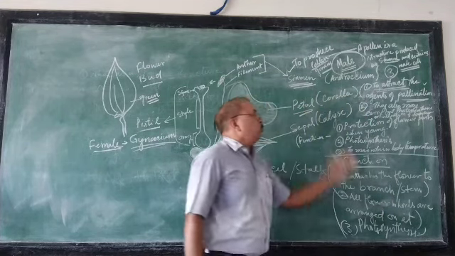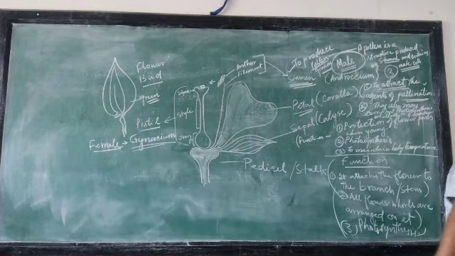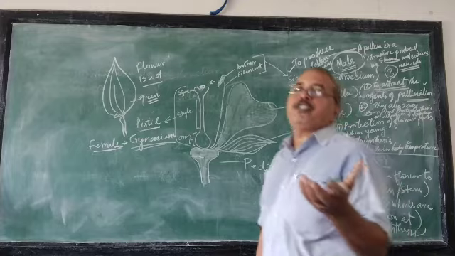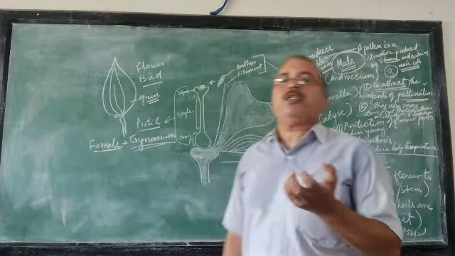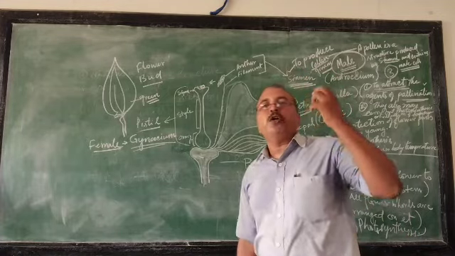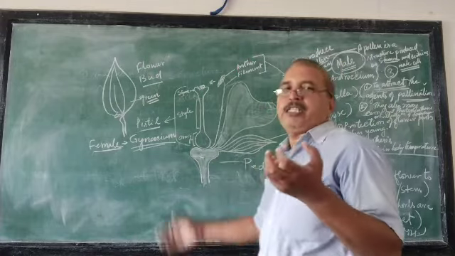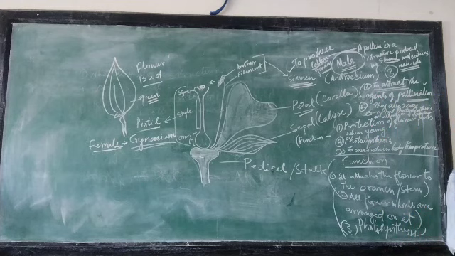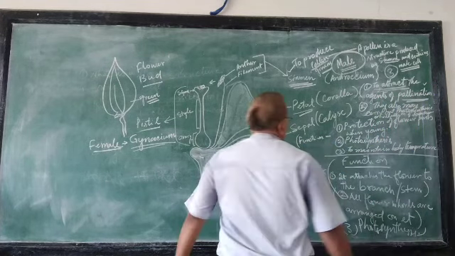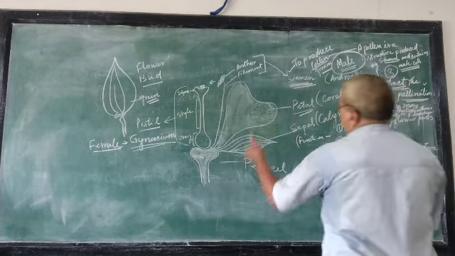So next come the petals. The whorl of petals is known as corolla, and their main function is to attract the agents of pollination. The agents of pollination are those agents, those factors, those things which help in the process of pollination. What is pollination? I will tell you next, right, in this video itself. So they attract the agents of pollination, and they may also carry out photosynthesis if green in color, and they may also maintain the body temperature of this flower.